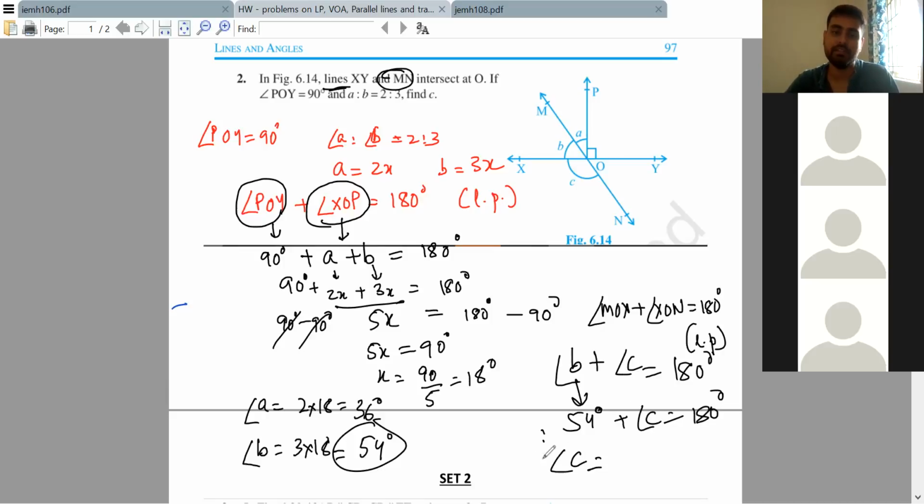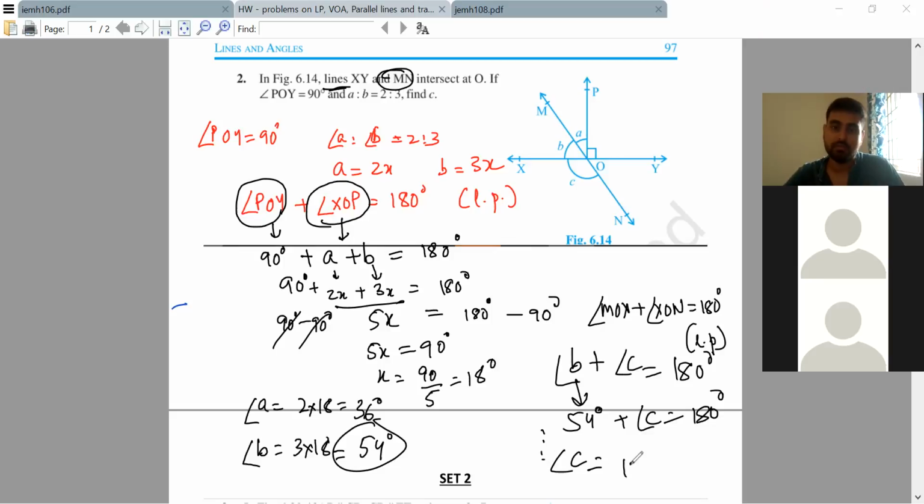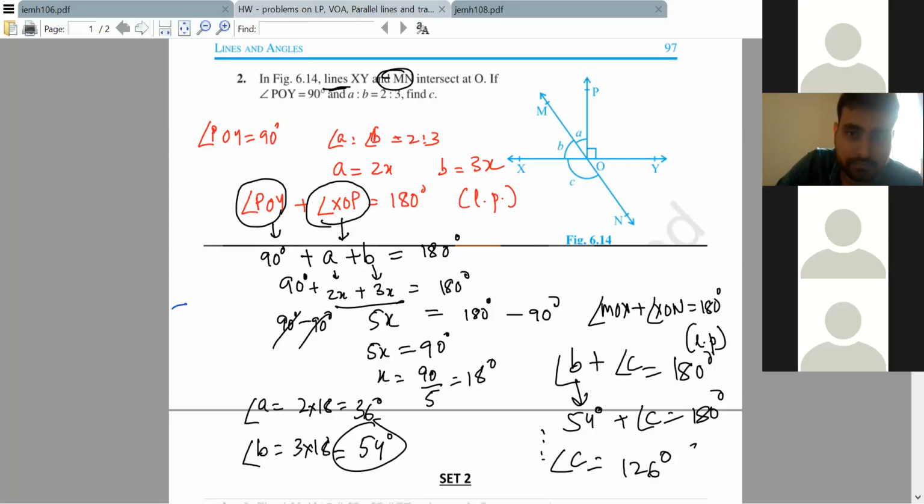Angle C is equal to, finally, after doing all the steps, 126 degrees. Fantastic, so that's our answer. Chandan, Shiva, Vaishnavi, are we good? Yes, sir. Manoj, you're raising your hand. Do you have a confusion here? Not about the question, sir, but another way of doing the last step.